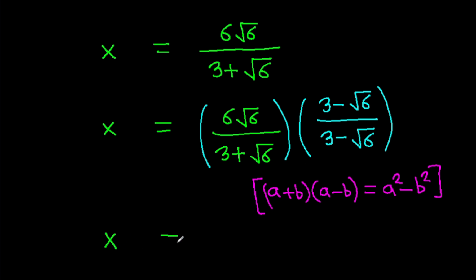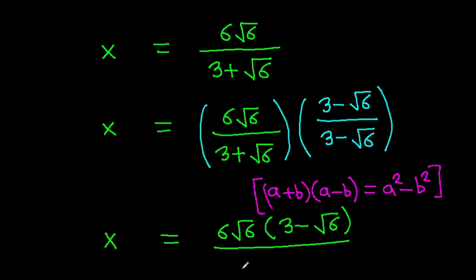So x will be 6 root 6 times 3 minus root 6 over 3 square minus root 6 square,